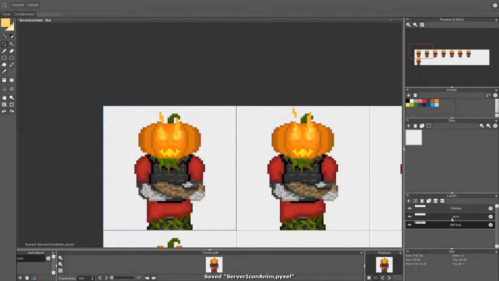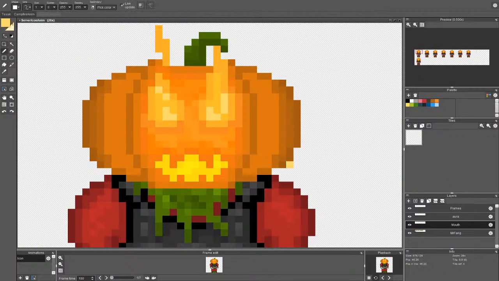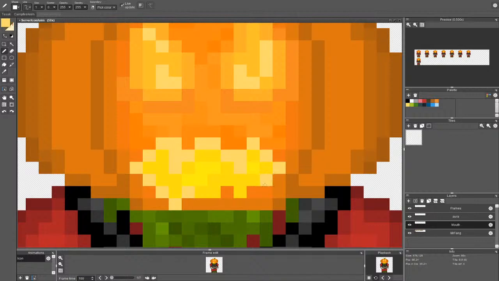How to call it? Just mouth. And we'll be making it glow, which literally means we have to make an outline like this, and fill it with the color as well.